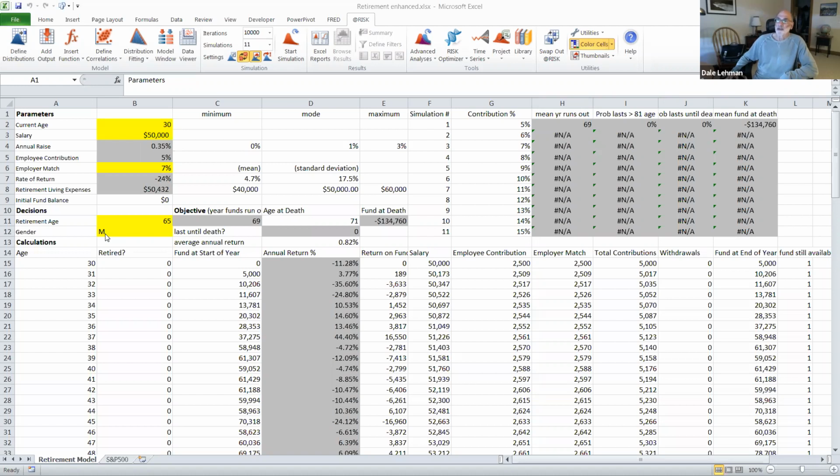The gray cells represent uncertainty. So if you look at the annual raise here, I have put into cells a minimum, a mode (most likely), and a maximum value, and the actual cell is a PERT distribution ranging from 0 to 3%, with the most likely thing being 1%. The employee contribution, this one I actually set up with something called a sim table because the key